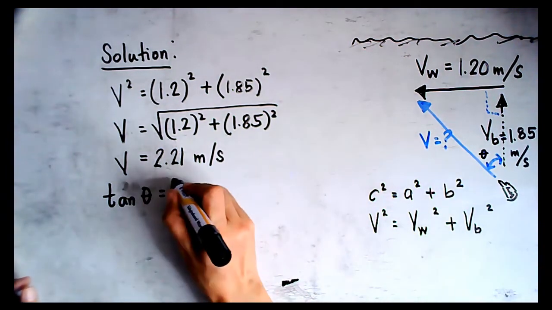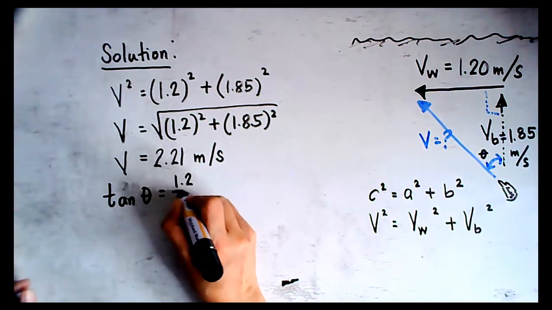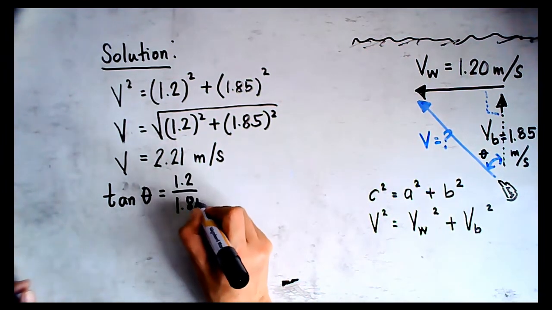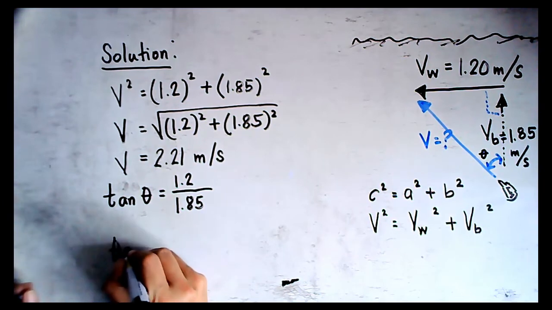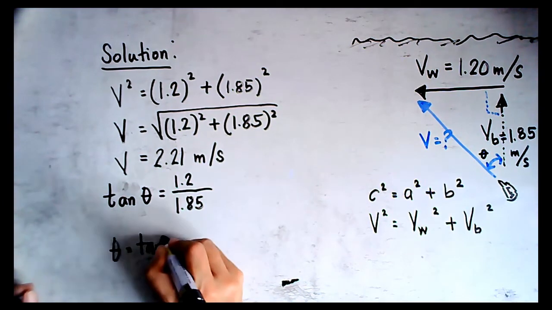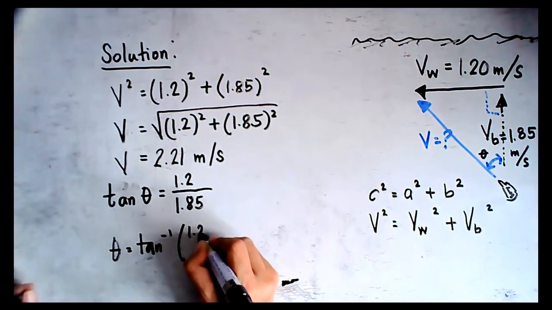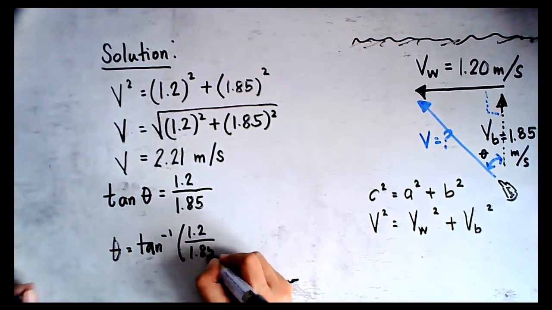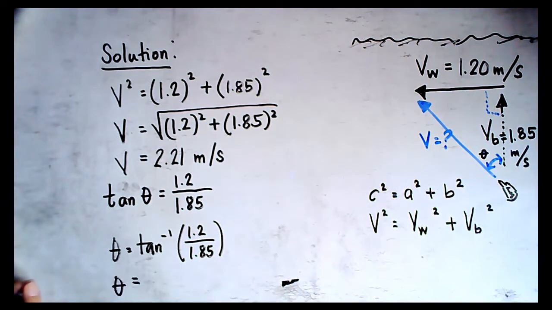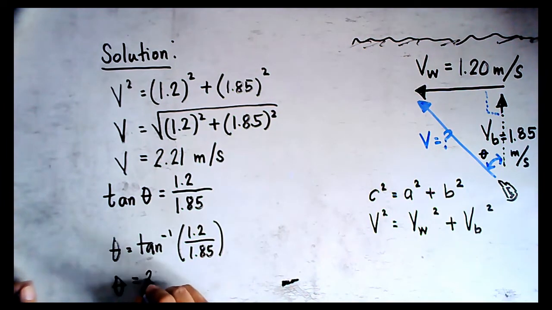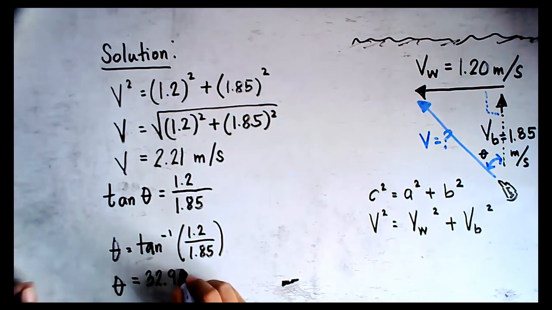It's the SOH-CAH-TOA, opposite over adjacent. And there you go. You will be able to determine the value of the angle. So the angle is equal to tangent inverse of 1.2 over 1.85, or by calculation, 32.96, let's say 33